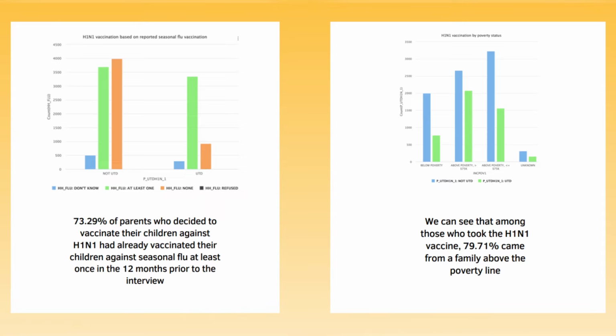poverty line. Based on our research, we therefore advised the government to start sending vaccination invitations to families who have already vaccinated their children against the seasonal influenza. In addition, the government should target families who are above poverty. This will optimize and accelerate the process of inviting vaccination because these families are not unwilling to have their children